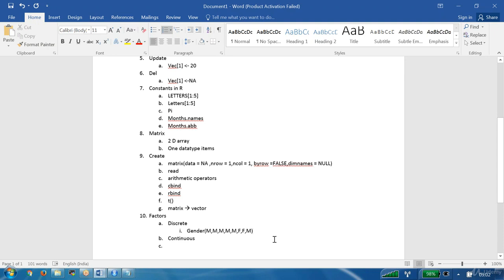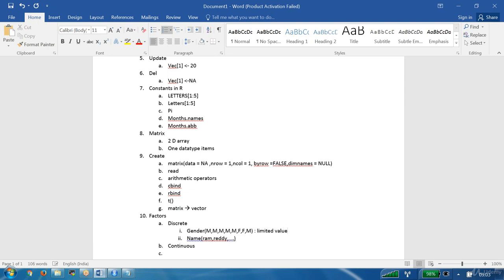In the discrete, let us say one more column I am taking here, that is the names column. It is Ram, Nancy, Reddy, and so on. We have some names we are taking. It is discrete, I agree. But in gender it is limited values, right? What are the values possible, sir?